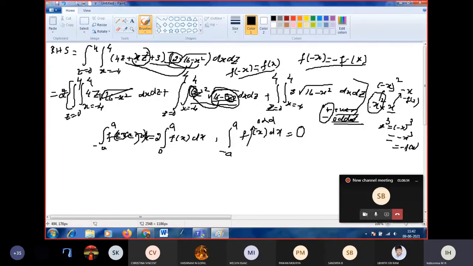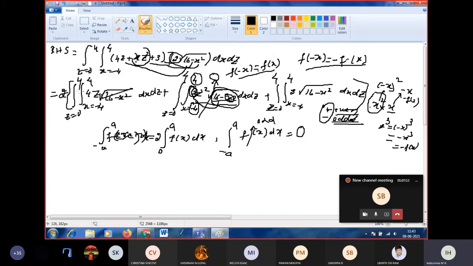So now come to the middle term of integration. We got odd, and here we have minus a to a. Minus 4 to 4 is like minus a to a. Is it right? Yes, ma'am. So what does the integral value become? 0. What does the integral of an odd function from minus a to a become? 0. All of you are clear? Middle term becomes 0 in integration. Yes, ma'am.